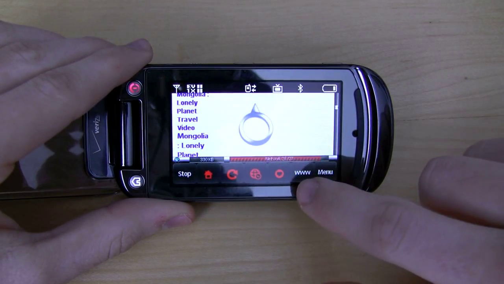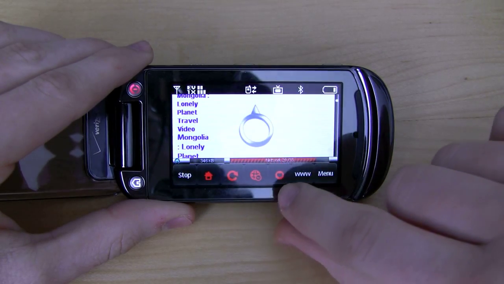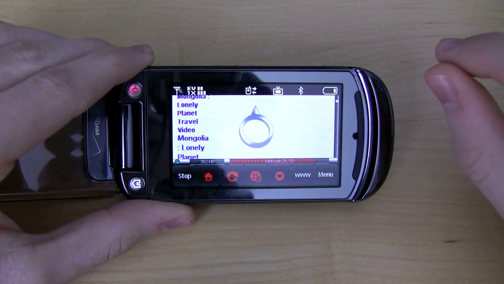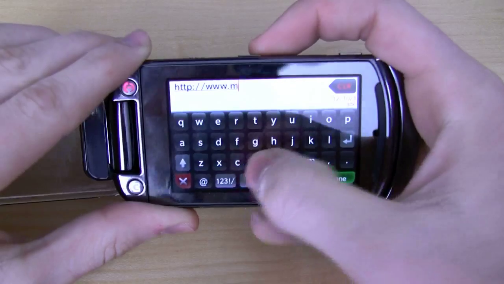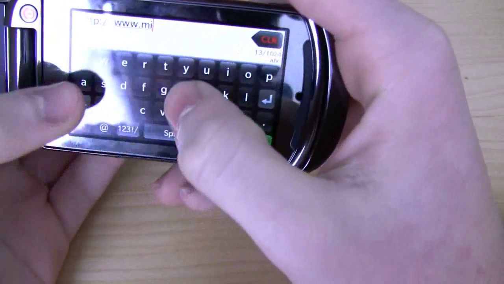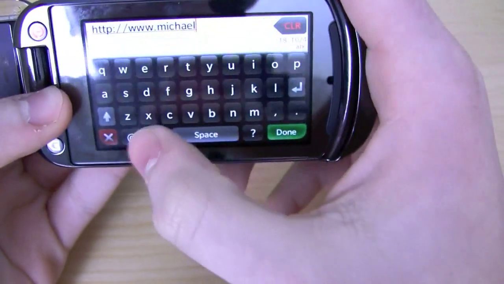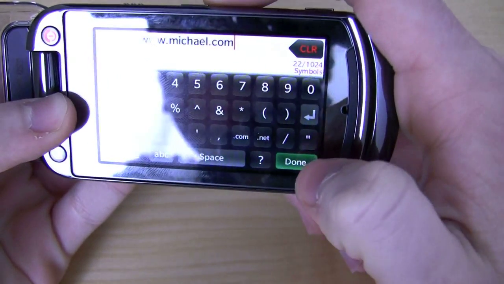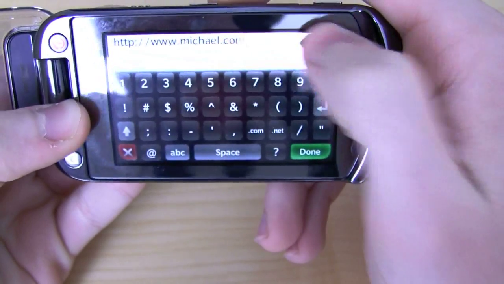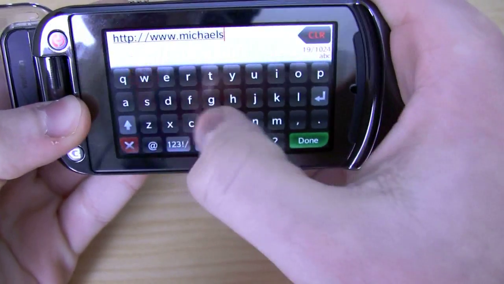So let's go to a different website. Having some difficulties there. Now, text input is particularly kind of hard. As you can see, it's kind of weird the way I have to orient my hands because of that flip lid. So, text input is not the easiest on this device. Hold on, I just forgot to type in the rest of my URL. We're going to go to my blog at